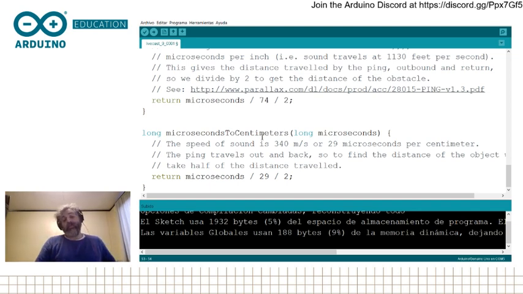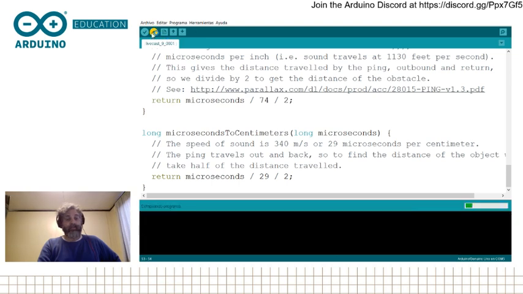If this was a much more scientific device, then we should take into account humidity in the air, for example, the speed of the wind, and other things that we are not taking into account. This is good enough just for measuring distance very easily, as you see here. So let's put this on the board, just like this.